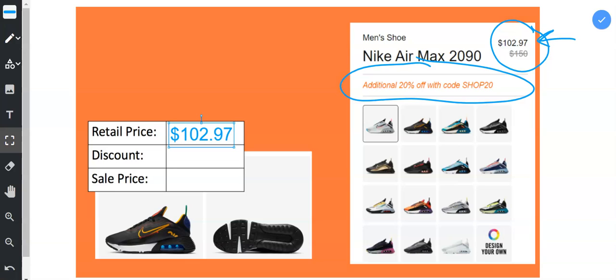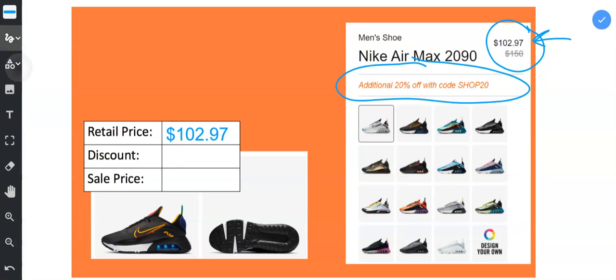Then we need to figure out the discount. In the last problem, we didn't have to figure out the percentage. They just told us the dollar amount. But in this example, they're telling us a percentage. So when you have a percentage, you have to actually figure out the dollar amount that you're subtracting from the retail price. So I'm going to type 20%,